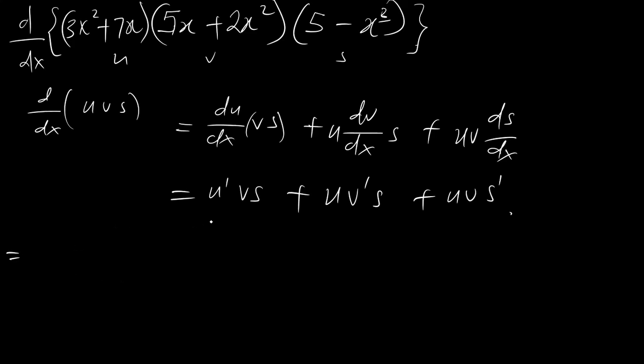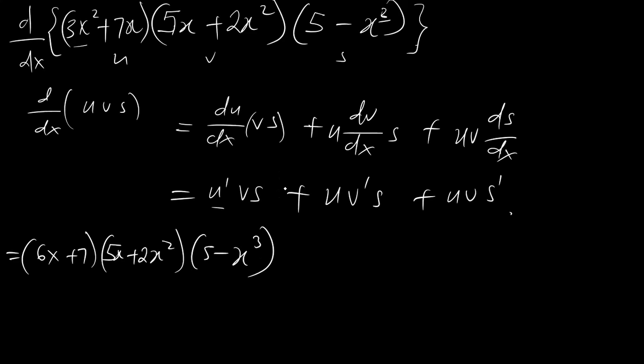So it's equal to, from here our u prime is, from here now you have 6x plus 7, that is our u prime, times our v, which is 5x plus 2x squared, 5 minus x cubed, which is the x is in, you differentiate the u, leaving this and this, leaving this and this. Now plus you leave